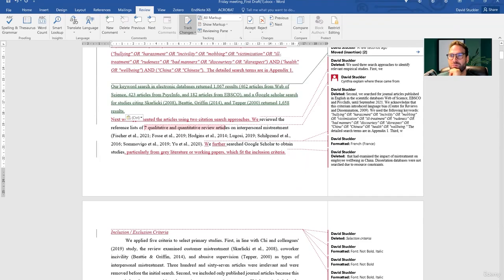So this is good. But this Google Scholar search for studies citing these is a little bit strange, what you've done here. So are these seminal papers in the field, Cynthia? Why did you choose these papers? They're the ones that conceptualized abusive supervision, workplace incivility. And Cynthia, you've got to turn up your volume. We can't hear you.